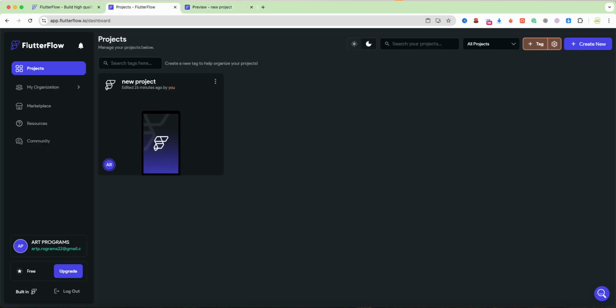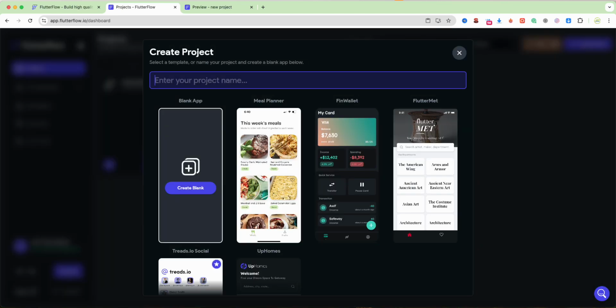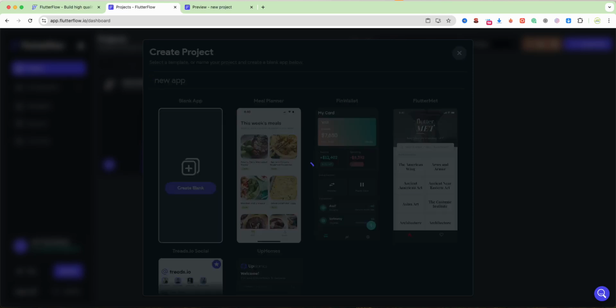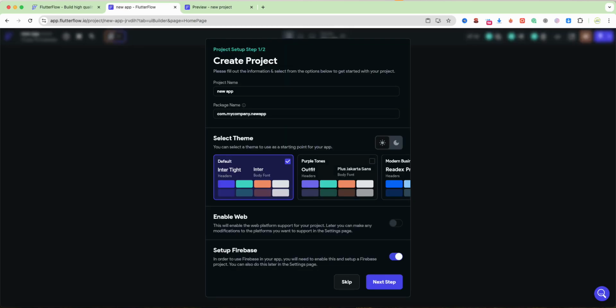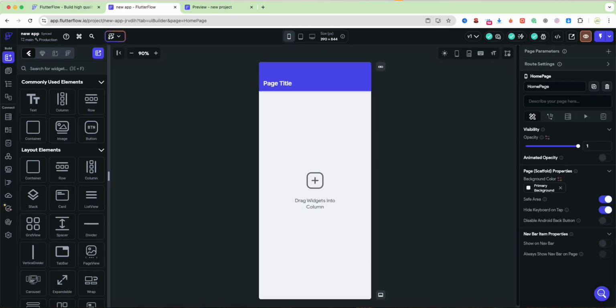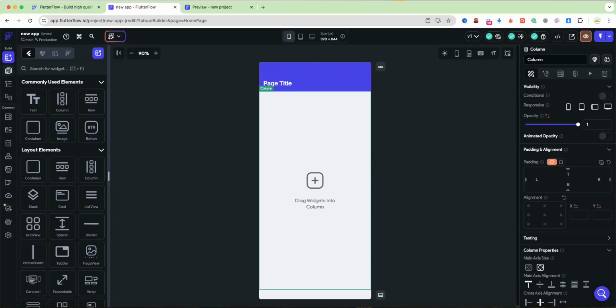Open panel and select create new. Then we write project name, new app, then select create blank. Select skip. And we can look